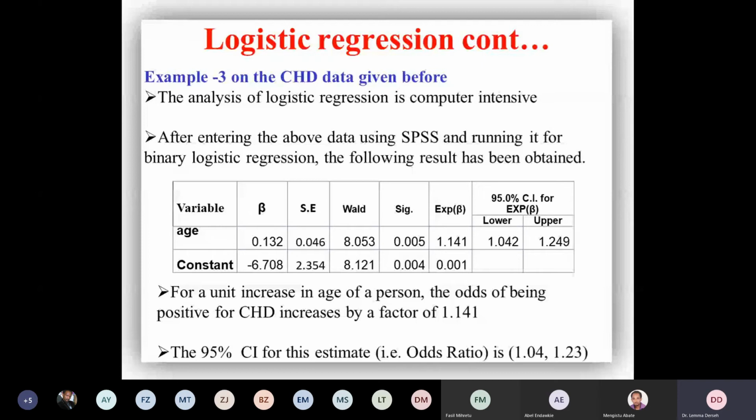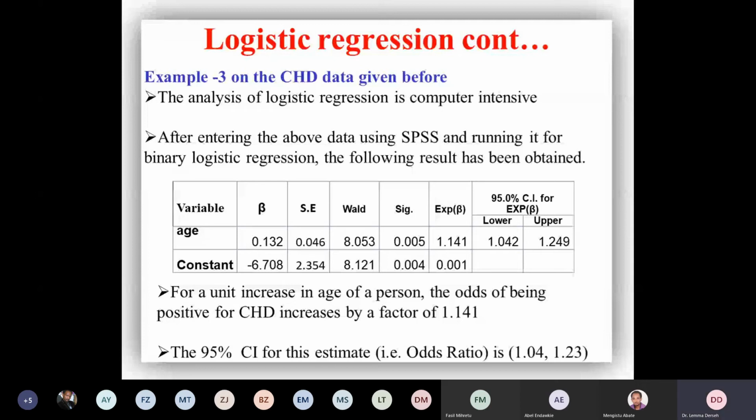okay the respective standard ለዚህ ኦፕሽን ፖሲቢሊቲዎች አሉ እና እዚህ ጋር ኤክስፖኔንት ኦፍ ቤታ ላይ ወይም ኦድስ ሬሾ ላይ የምንሰራ ከሆነ አንድ ነው የምንሰራው ቤታ ላይ ከሆነ ደግሞ ዜሮ ነው በእርግጥ ሎጂስቲክ ሪግሬሽን ላይ ኤክስፖኔንት ኦፍ ቤታ ላይ መስራት ያለብን እና ይሄን ኢንተርፕሬት ስናደርግ በብዙ አይነት መንገድ ኢንተርፕሬት ማድረግ እንችላለን ቢያንስ በሶስት አይነት። እዚህ አሁን ልናደርገው የምንችለው አንደኛው እድሜ በአንድ ዩኒት በጨመረ ቁጥር